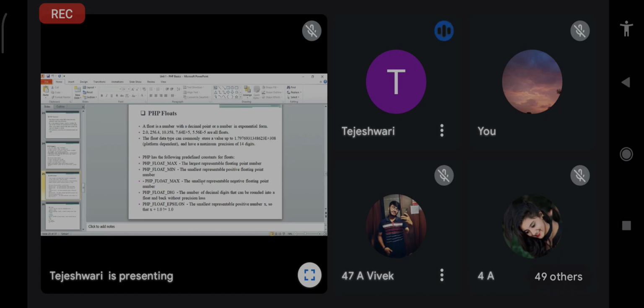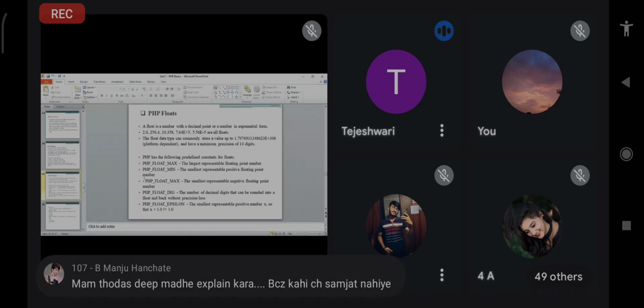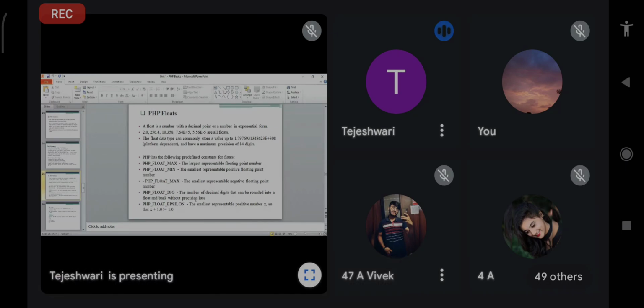Another constant is the smallest representable negative floating point number, which is the minus of PHP_FLOAT_MAX. The next one is PHP_FLOAT_DIG: the number of decimal digits that can be rounded into a float and back without precision loss. Then another one is epsilon.